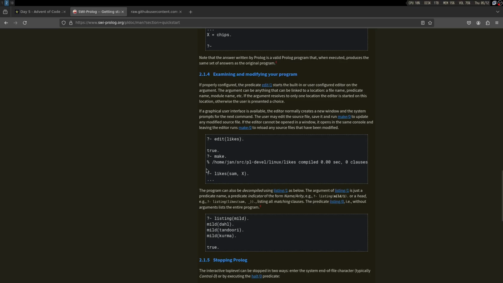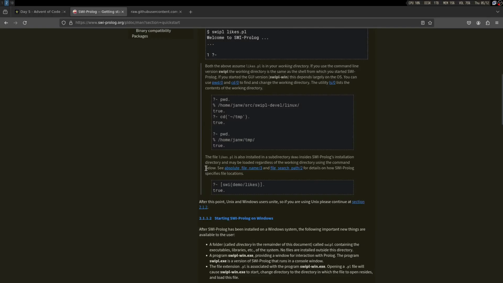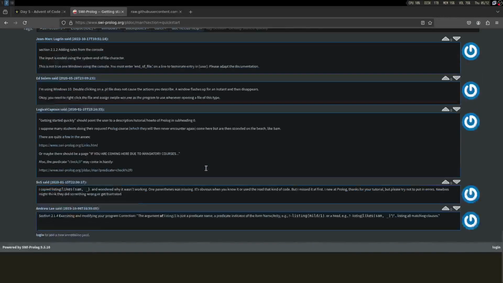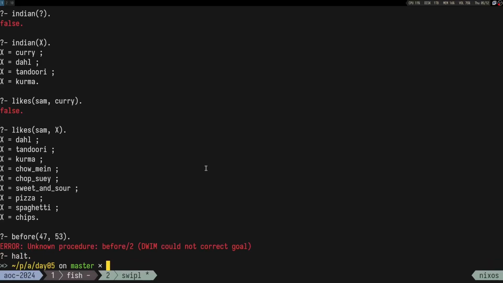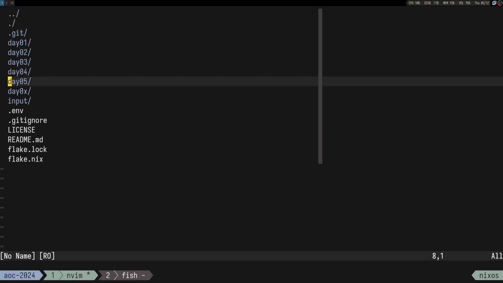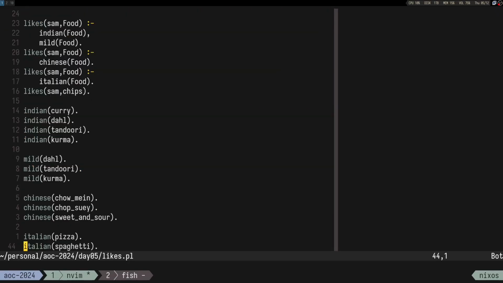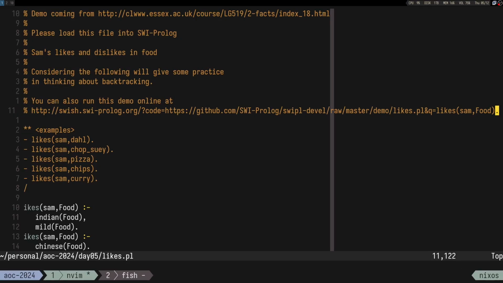I guess I'm not sure if you can define stuff in the REPL itself. I think you have to define it in the file. So anyway, let's see if we can actually do something about it. So we have all of this, let's say we don't care about it. Oh, you can actually just run it in the